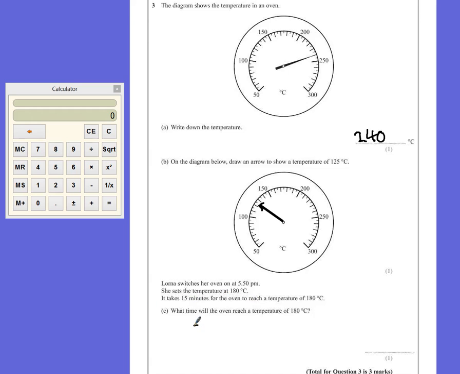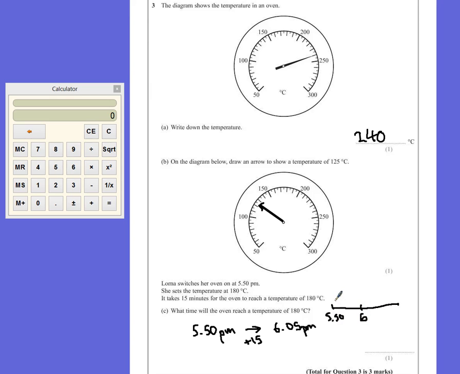So we have 5:50 p.m. And if we look at 15 minutes later, that would become 5:65. Well, that's a bit silly because there's only 60 minutes in an hour. So that would become 6:05 p.m. Some people like to do this on a number line, saying if that's 5:50,